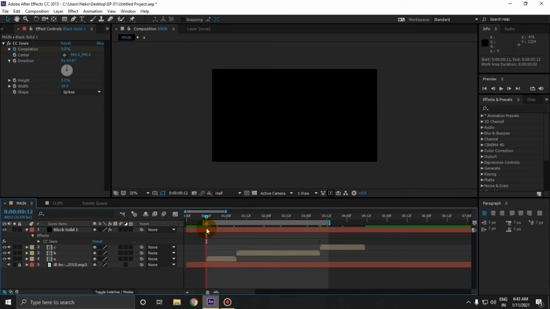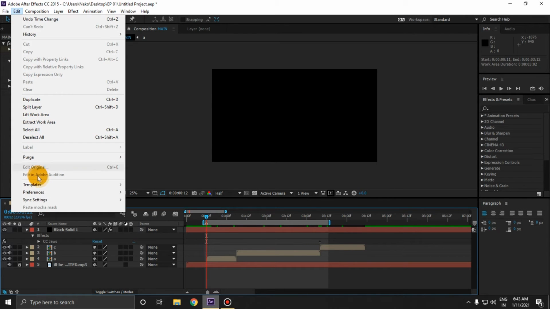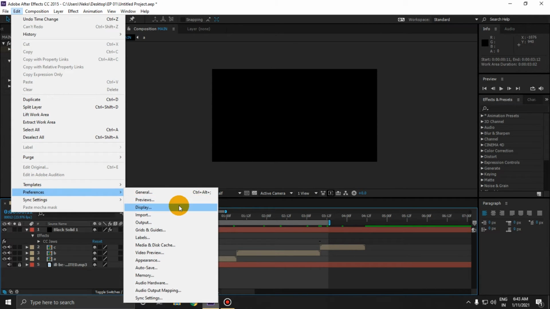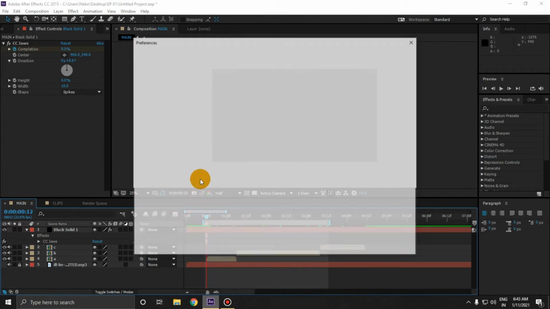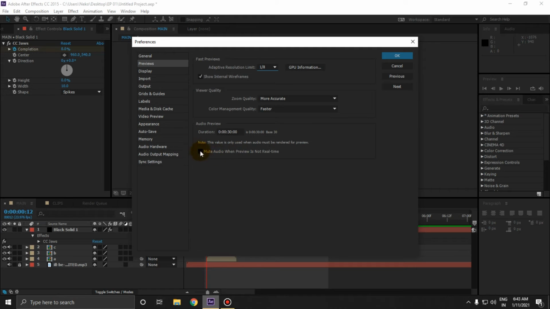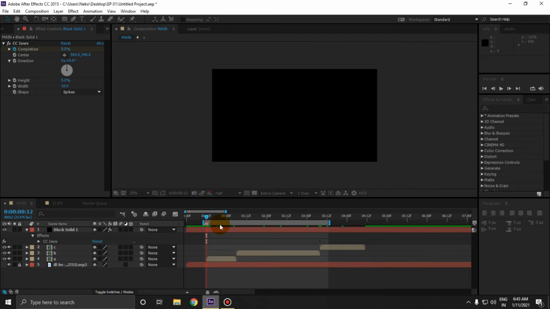If you're using a low-end PC like me, you can go to Edit, then Preferences, and then Previews, and then make sure that you have disabled this mute audio when preview is not real time. This will allow us to view our edit in